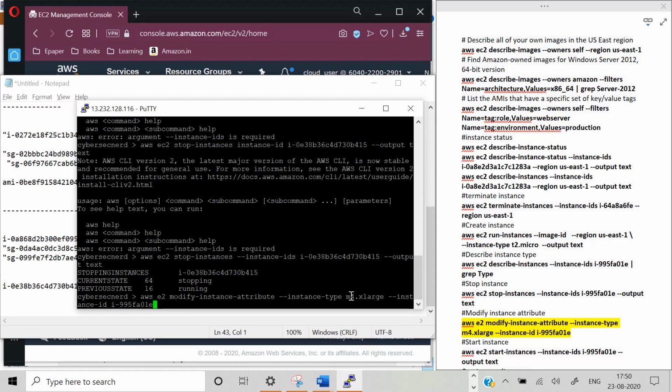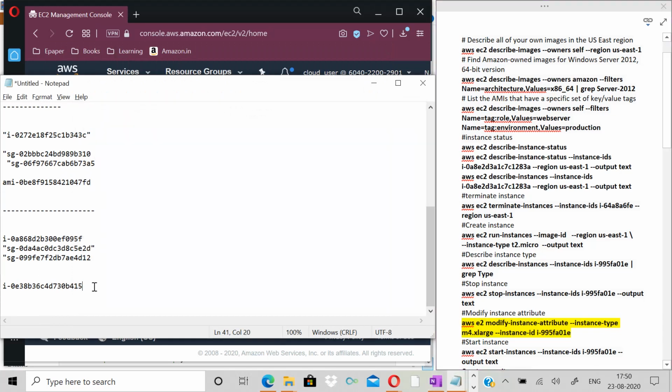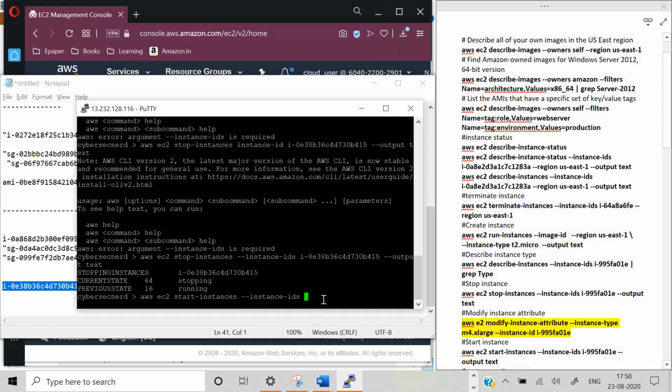Once executed, the instance type will be changed, and we need to start that instance again. So we will do that. Start instances, instance IDs, and our instance ID is this one, so I'll just copy that.